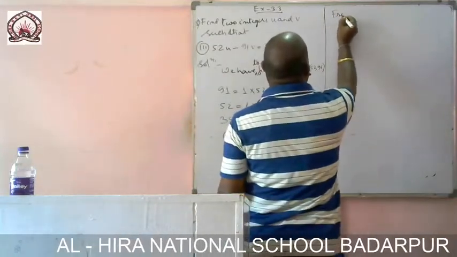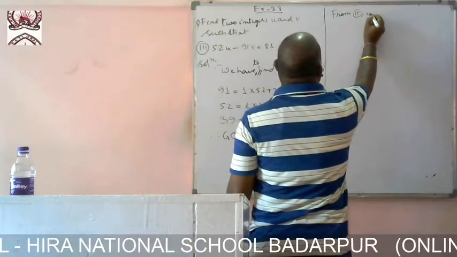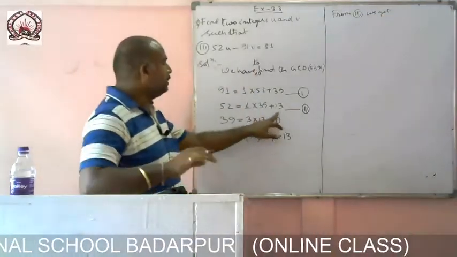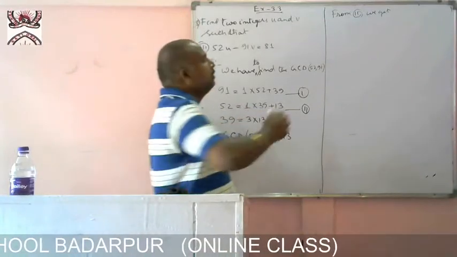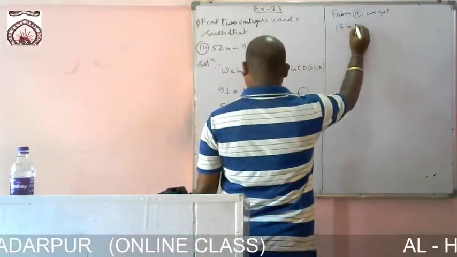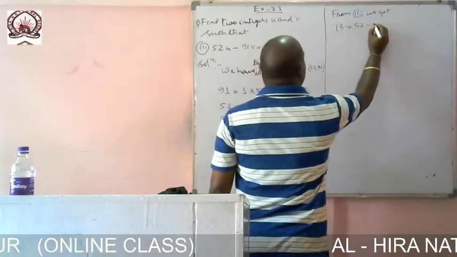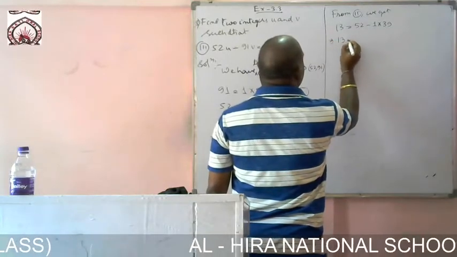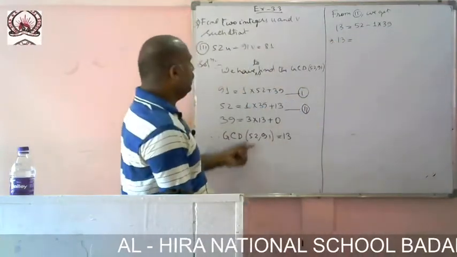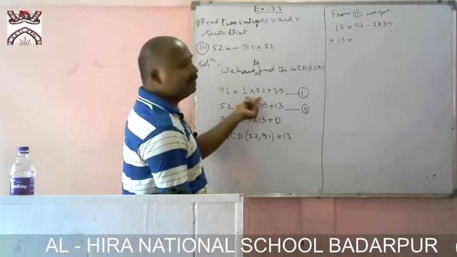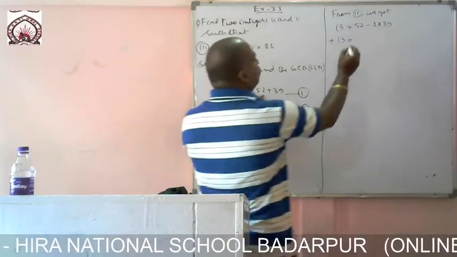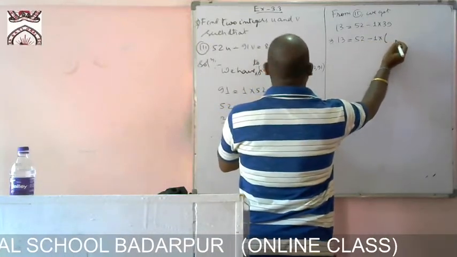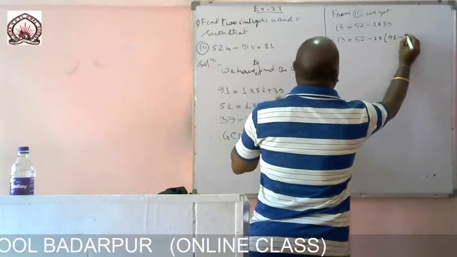From 2 we can write: 13 is nothing but 52 minus 1 into 39. Again, 39 is nothing but 91 minus 1 into 52, so 52 minus 1 into 39 is equal to 91 minus 1 into...